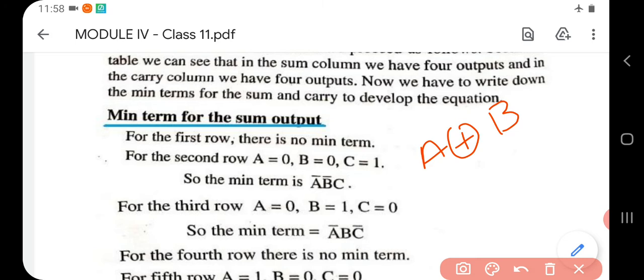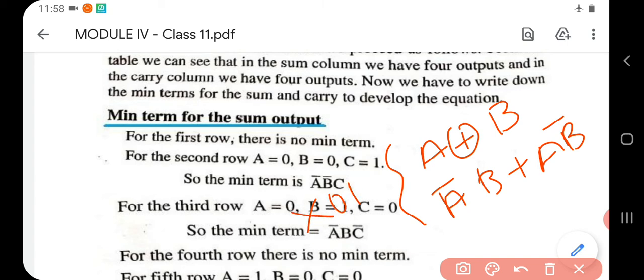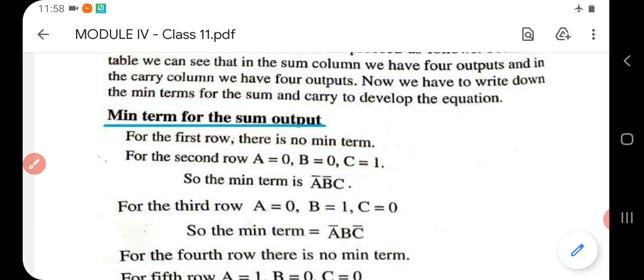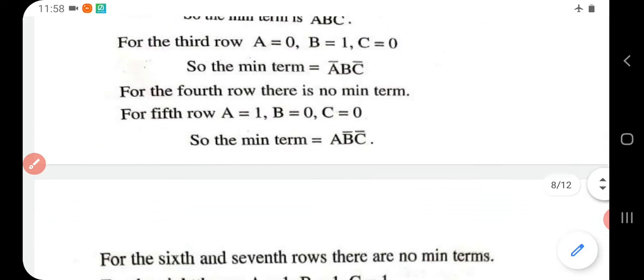Provided A and B are the inputs, that is nothing but A bar B plus A B bar, and for representing that you used an XOR gate. Similarly, the other output was carry, and what was its expression in the case of half adder? A dot B, right? And for representing that you used an AND gate. Similarly, in the case of full adder also, you need an expression to represent both these outputs, that is sum and carry. Now the expression to represent the sum is this one.